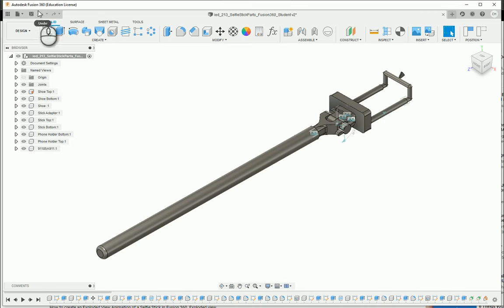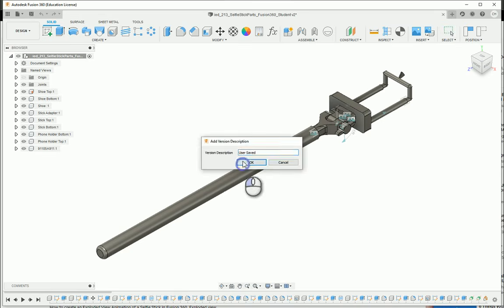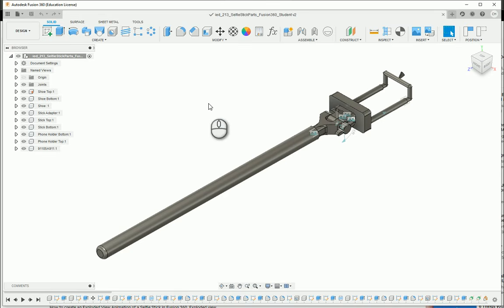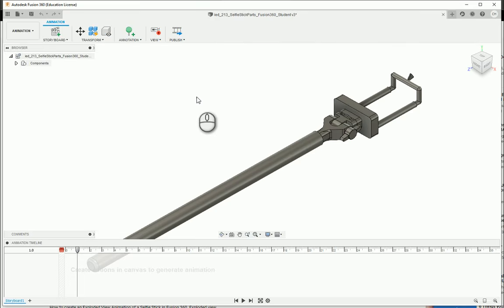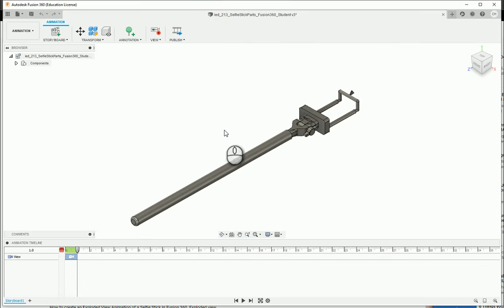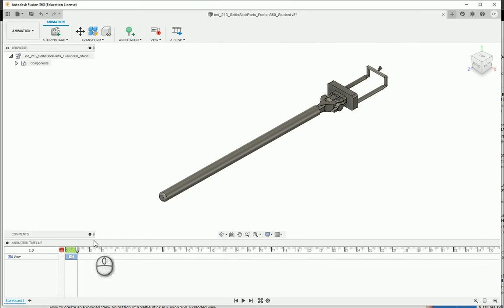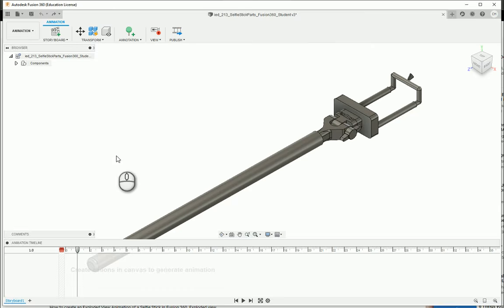So I'm going to go ahead and hit save when I do that, and I'm just going to say OK for the version saved. We can always add a little description if we wanted to, like orientation changed or something like that. But I'm going to change to a different workspace. From design, we're going to go to animation, and it's going to load our selfie stick into the animation workspace. Right now at this point I've got one change. I might hit undo. Anytime I make any motion or movements, it's going to add that movement here into our particular